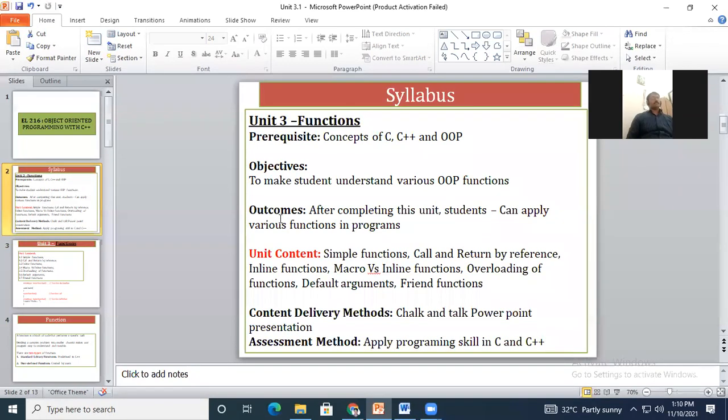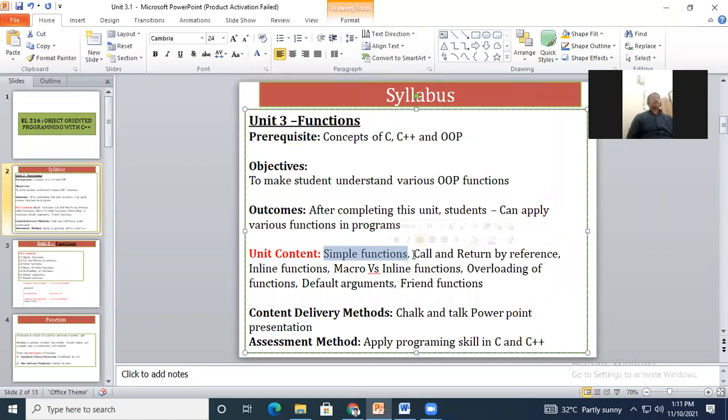In functions, we have gone through the simple functions. Now, before starting with the actual contents, I wish to know what are the different types of functions.